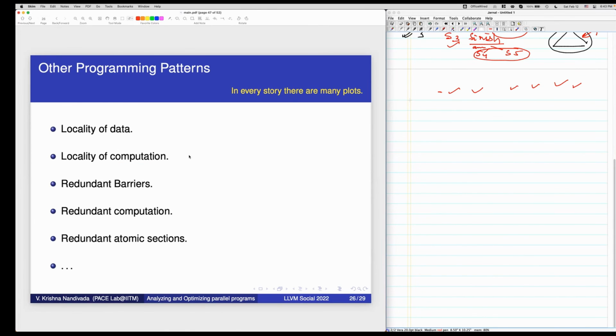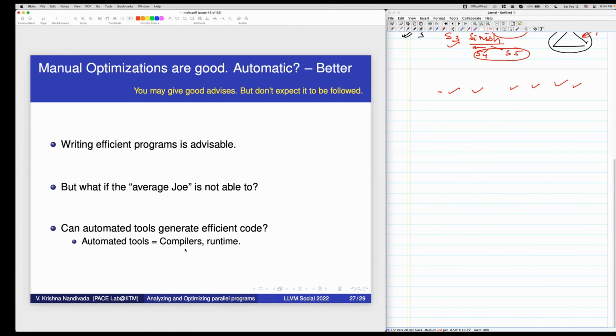There are many other patterns that we have not covered, that cover locality of data, locality of computation, how to find redundant barriers, redundant computation, redundant atomic or critical sections, and it's a big list. You may say, should this be done manually or automatically? Ideally automatic.